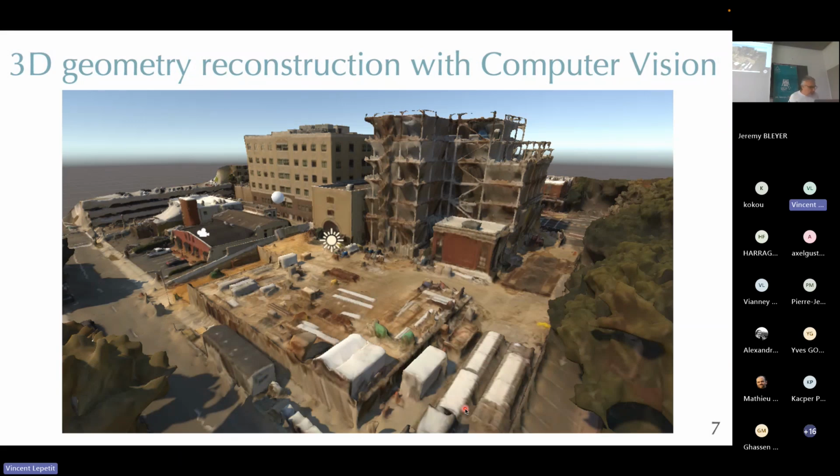So the first thing that probably comes to mind when we talk about what computer vision can do for digital twins is 3D reconstruction from images. This image is a reconstruction of a construction site directly from images. So it's really a direct application of computer vision. Maybe you already saw this sort of reconstruction. I will give you an idea of how it is done,